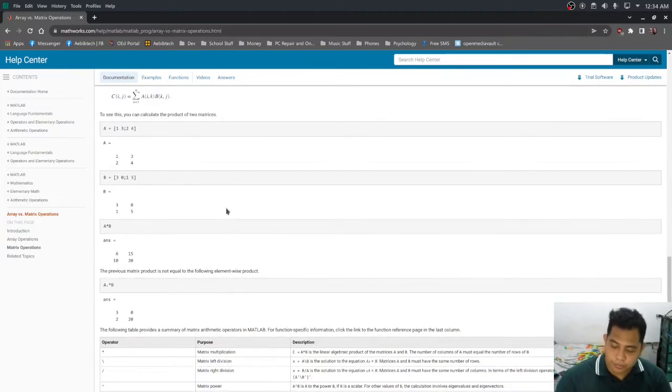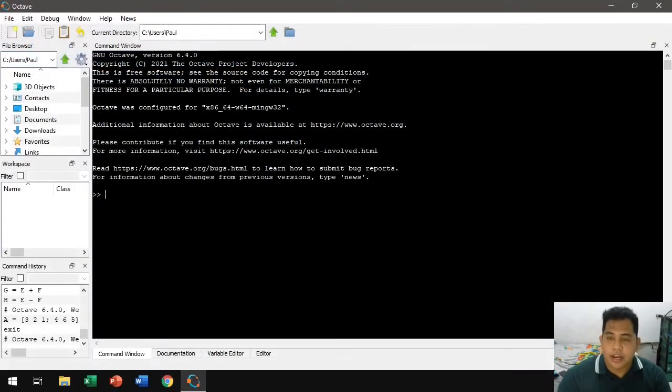So now, let's try creating 3x3 matrices.